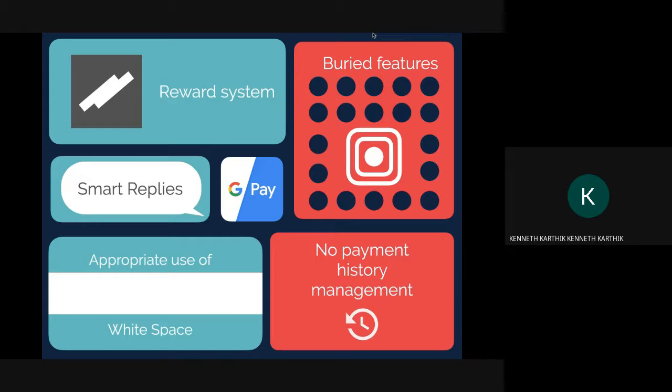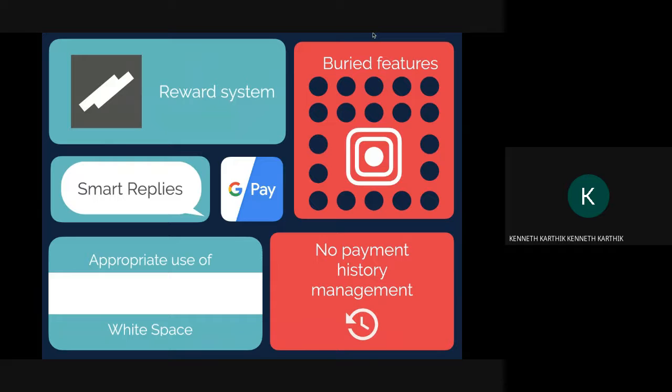But at the same time, as a consequence of this overtly minimal design, a lot of the features were buried. They had a bunch of features which were hidden all the way inside the settings. You had to scroll to the bottom of the page to open your history, and the history cannot be managed. You could not sort it, and there was a lot of stuff which was not easy to access.